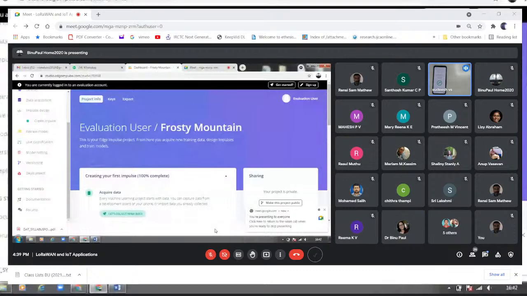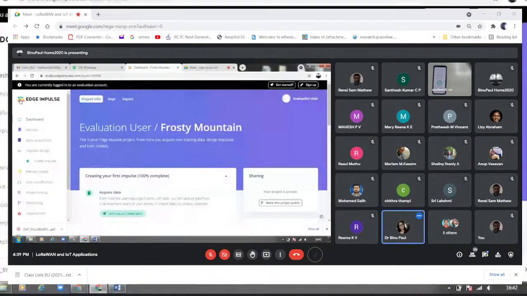Did you log in with your email ID? Yes. Can you click the user icon, evaluation user icon? Oh, here. Create new project.